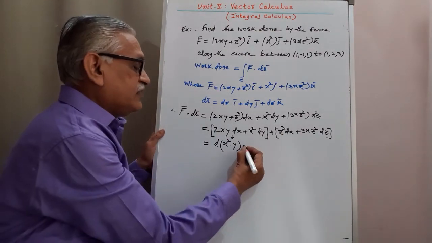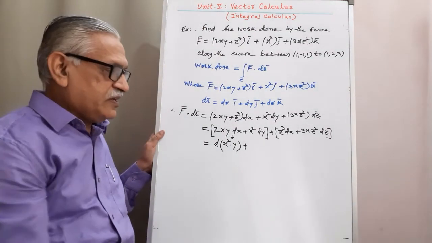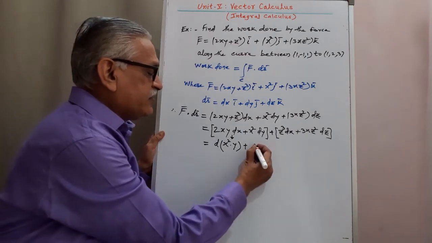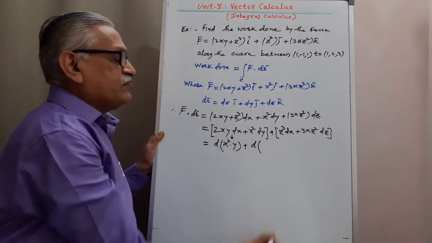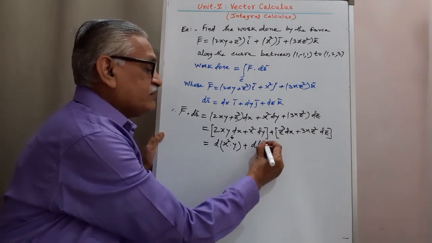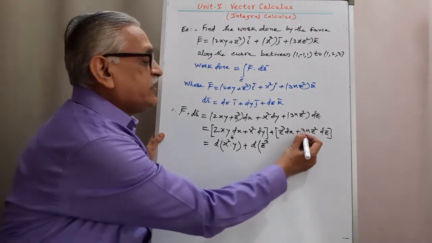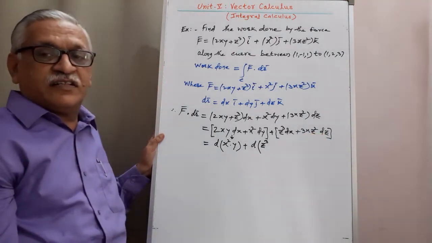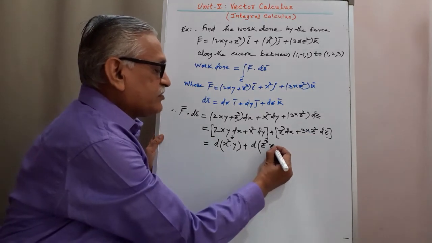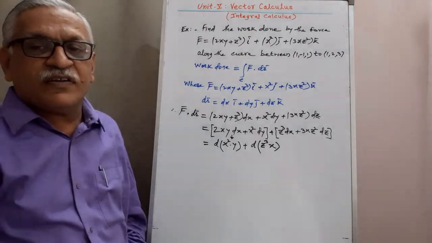Then in the second bracket we have terms of x and z, z cube dx and plus 3x z square dz. Again it is a total differentiation of, we take z cube from the first term whose derivative with respect to z is 3z square dz. Therefore if we neglect that term, remaining is x, therefore it is d of the total derivative of z cube into x.